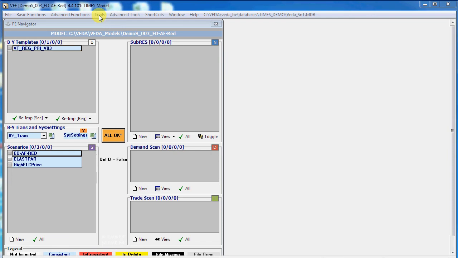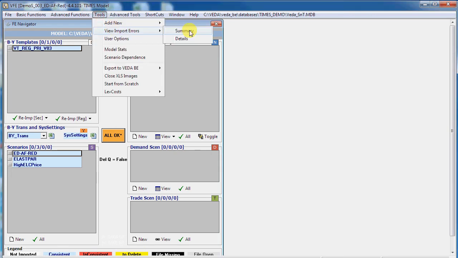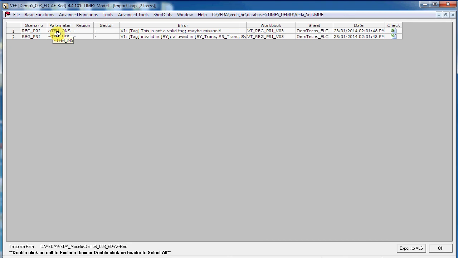If you look at the import errors, then you see TFMONS parameter, that's the tag, value ignored. This is not a valid tag, it's probably misspelled, which is correct. And TFMINS tag invalid in BY. So this was found in base year template,